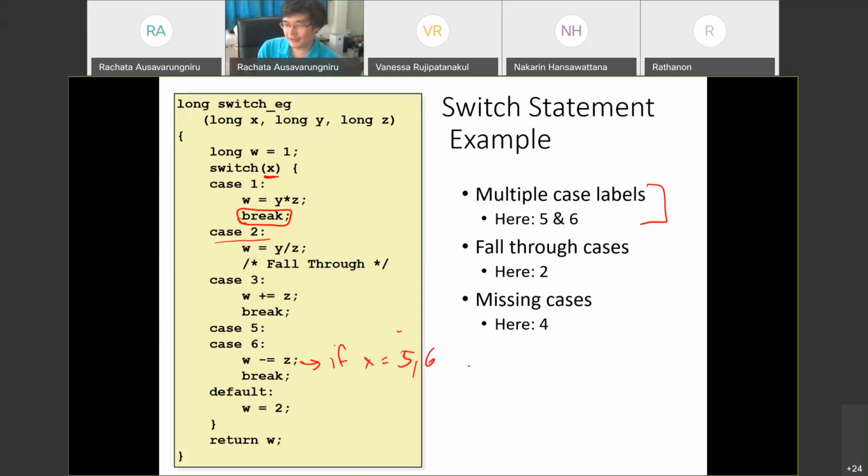Any questions about this particular block of code? So there are 3 different types of the case. There are shared cases, like if x is 5 or if x is 6, you would do the exact same instruction. If x is 2, it would fall through, so it would execute that line, then it would do another line of code that is in case 3. Then you have the default case. Yep, so the default means that if x doesn't map to any one of these cases here,